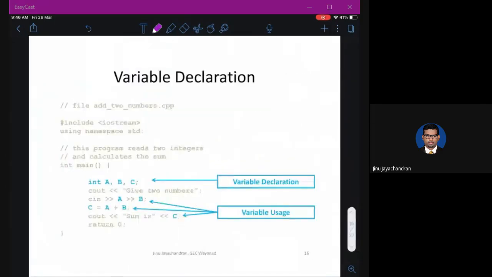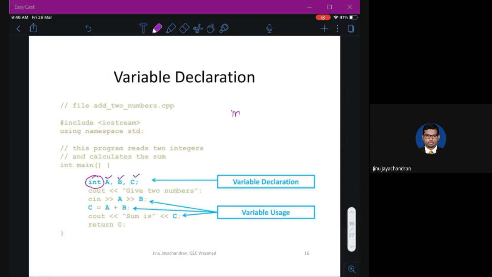Next, let's go inside the main function. Inside the main function, we have declared some variables. My variable declaration here is A, B, and C, and I have declared them as integer variables.